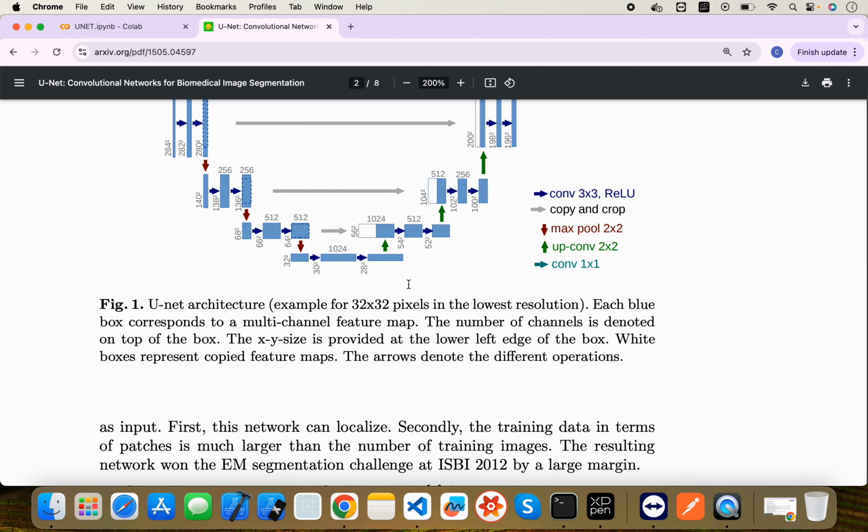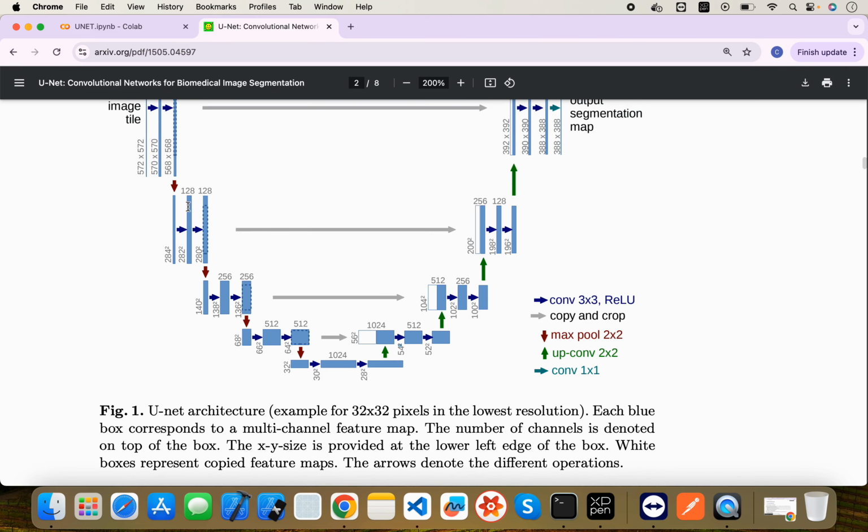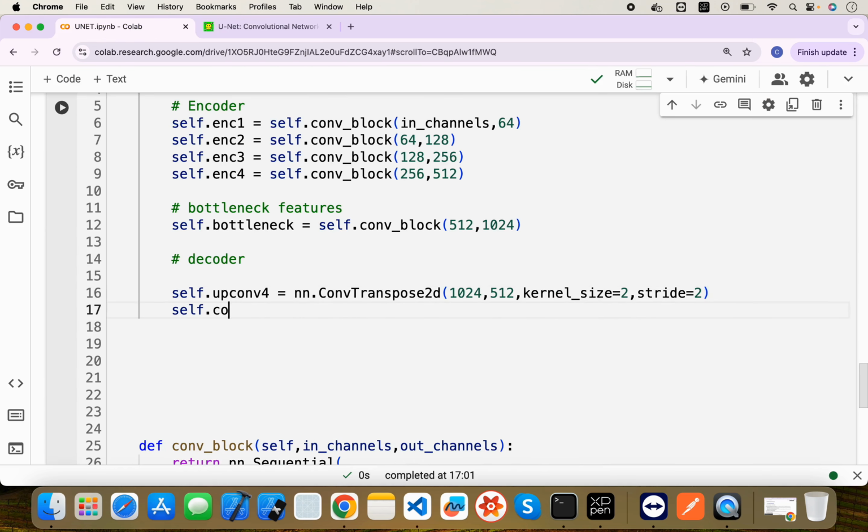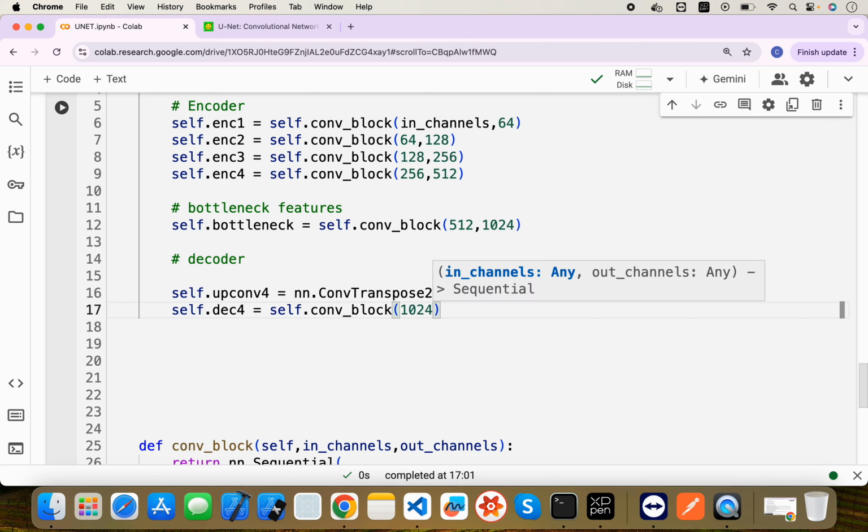Now we will need to create this block, this blue arrow, right, which contains two convolution blocks, one this one and this one, right? If you see, in the encoder also we built this one, it is our con block, and now we apply this con block the same way, right? So now let's write self dot decoder. We are using the same notation 4, 3, 2, 1. Okay, so let's say, sorry, not nn, it is self dot con block and it will receive 1024 and need to convert into 512. Okay,